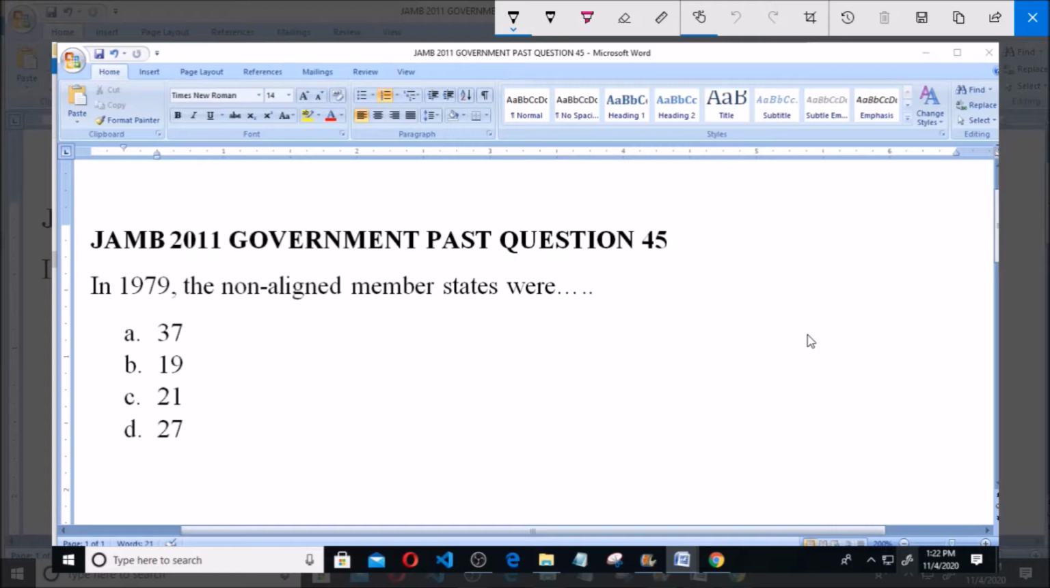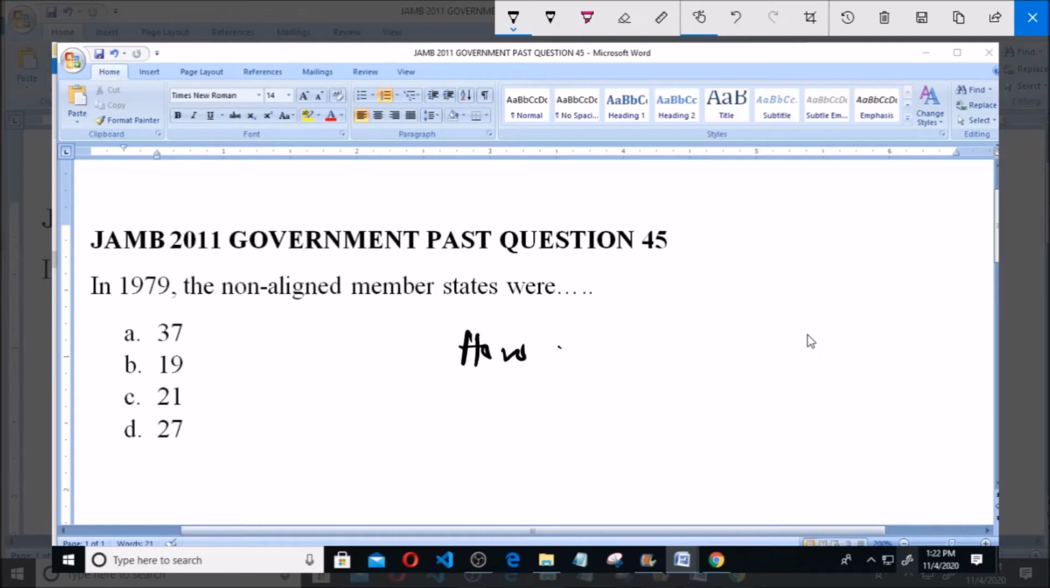2011 Government past question, question number 45. Question number 45 here says, in 1979, the non-aligned member states were dash. In 1979, the non-aligned member states were dash. It means that